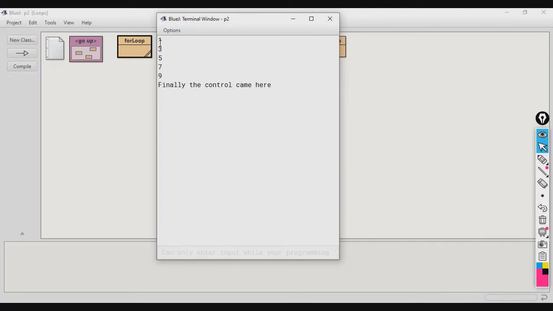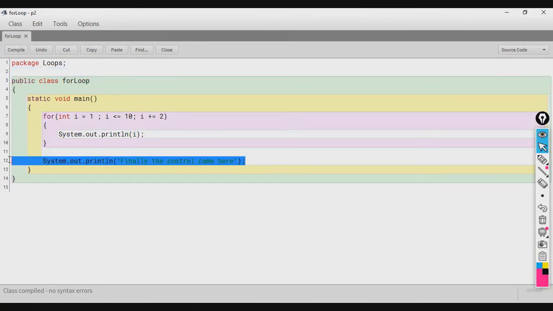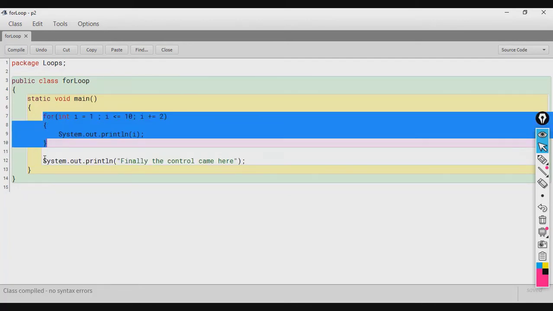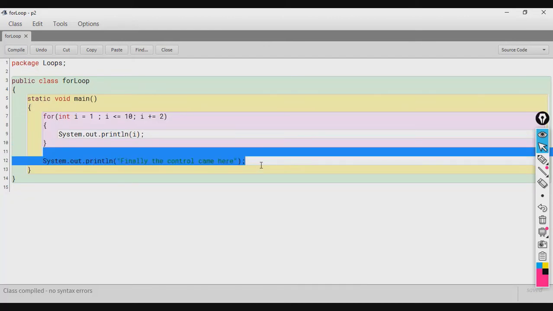You can see that after the loop has completed its work, that is it has printed from 1 till 9, then only the control reaches the statement which is present on line number 12. So when the control exits the loop, the remaining code below the loop gets executed.